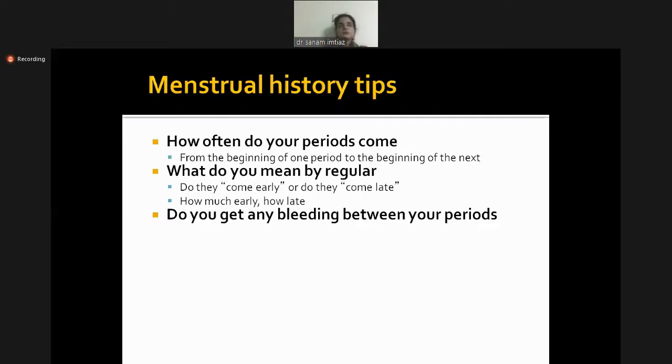This is regular. For instance, if somebody has a cycle of 26 to 28 days or 29 days, so if one time she has a 26-day cycle, the next time she has a 28, 29-day cycle, this is a regular pattern. This is not irregular. If this is her routine and it's followed, like if she always has a 26-day cycle, this is not an abnormal cycle. If she's always had a 32, 33-day cycle, that's regular. But this is not irregular, this is not abnormality.